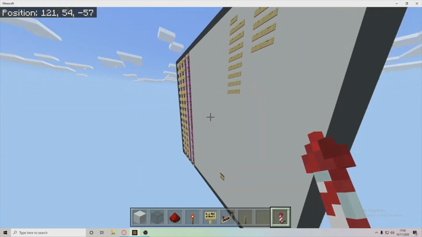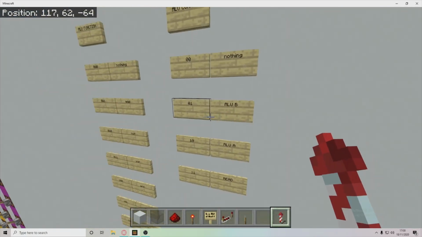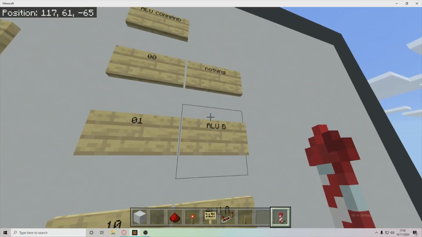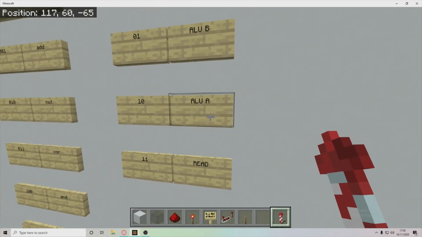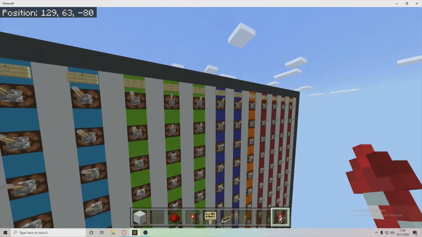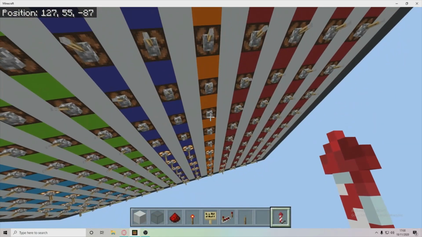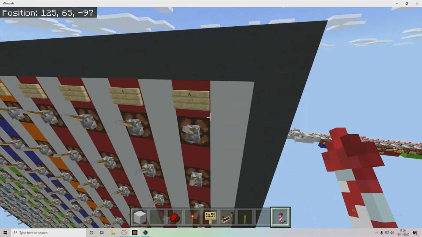So that's whether to save to ALU B, write to ALU A, or read from the ALU. And so that's what these do. There's a truth table on the side. Then you have your send, and this basically sends whatever's on the data bus